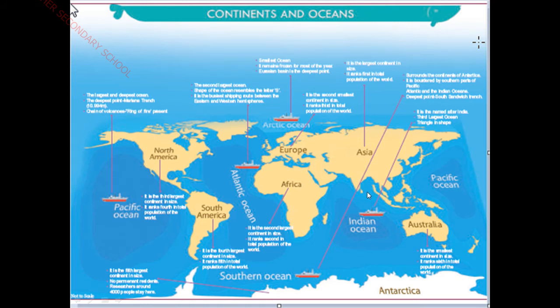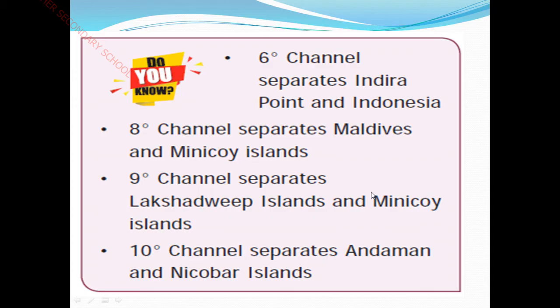One of India's parts, the island belonging to India, Andaman, is on this side where the arrow mark is given. And here the Maldives is this side, in the Arabian Sea, and Andaman took place near the Bay of Bengal, very near to Indonesia. Okay, children, yes. Now see here, the 6-degree channel is measured on the north latitudes,